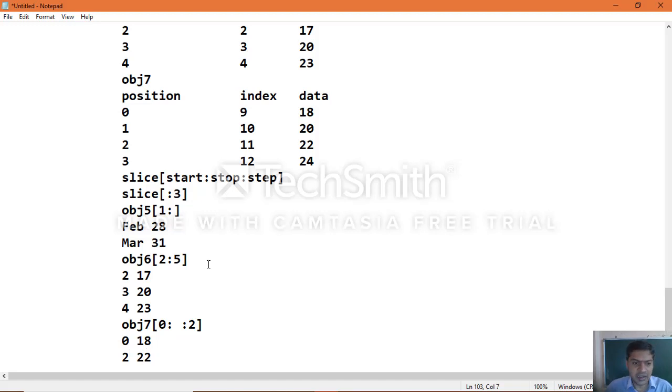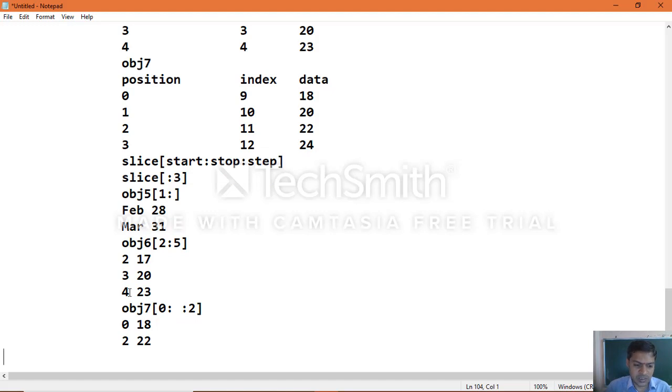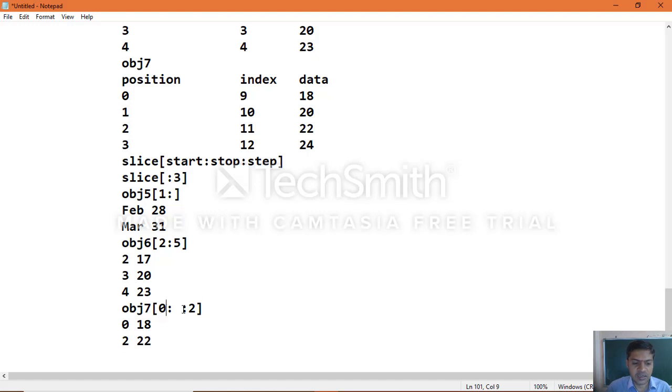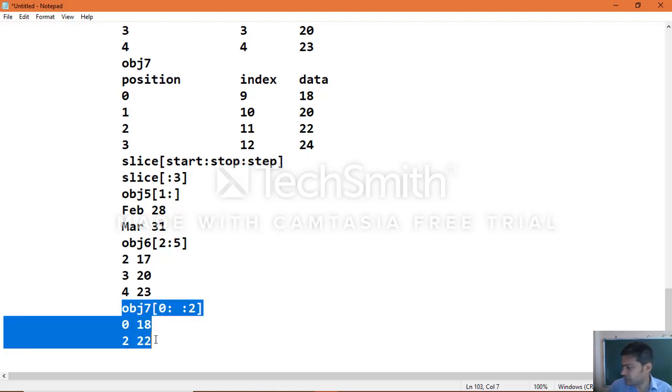Okay, now if it increments the step value again, then 3 skips and it goes to position 4. There is no position 4 in this particular object, the data sequence which we provided, it means it's the end of the output. So you will get the output like this the moment you apply start 0 and the stop value is nothing, which means it goes through the complete sequence, and based on the step value the slice values will be extracted based on the position values.